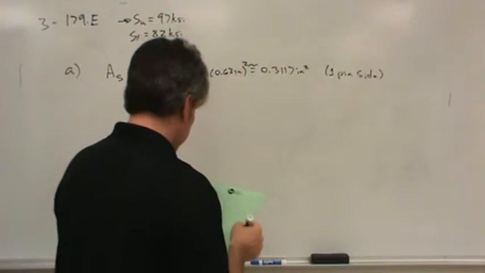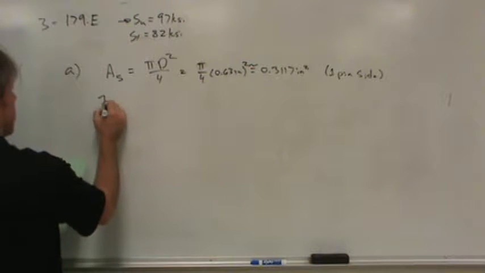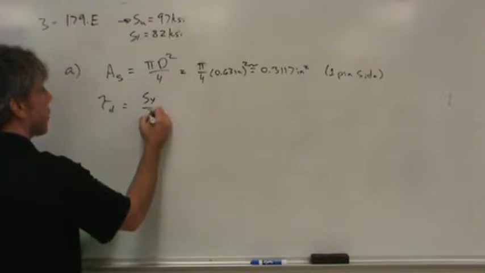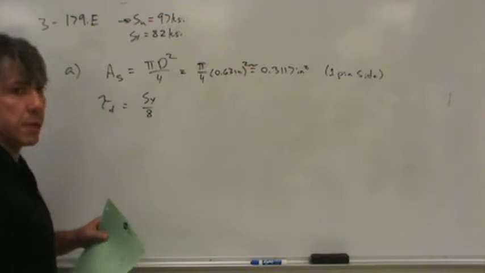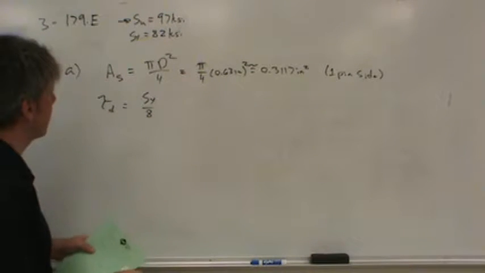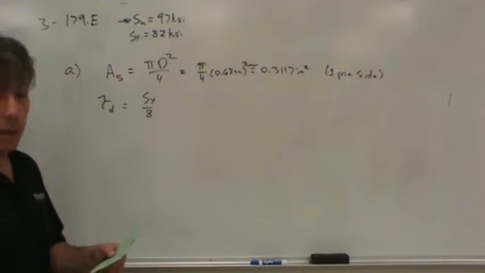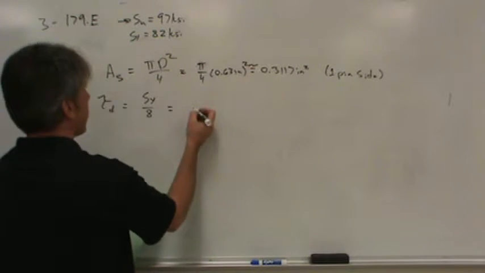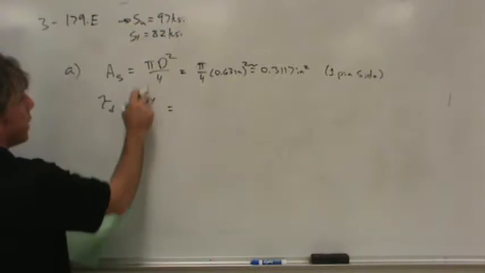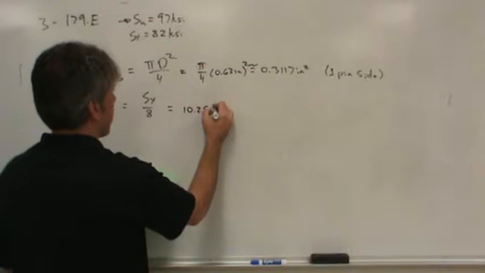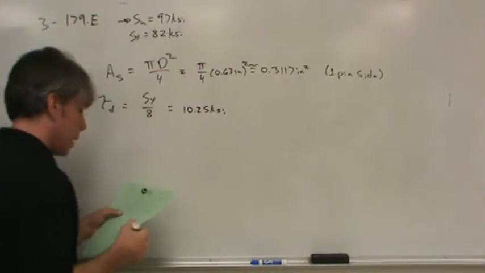Now the design shear stress that we'll allow is the yield strength over 8. We've referenced the table several times, so in the interest of time we won't go back to it. But basically this is just the allowable shear stress for a repeated type load. So it's just another thing in the table. If you take the 82 over 8, because it's 82 KSI yield strength, you get 10.25 KSI